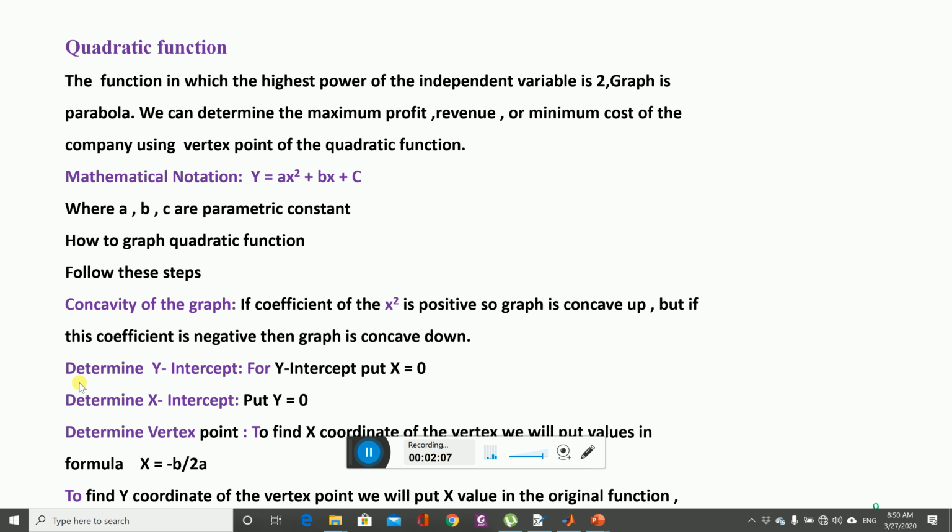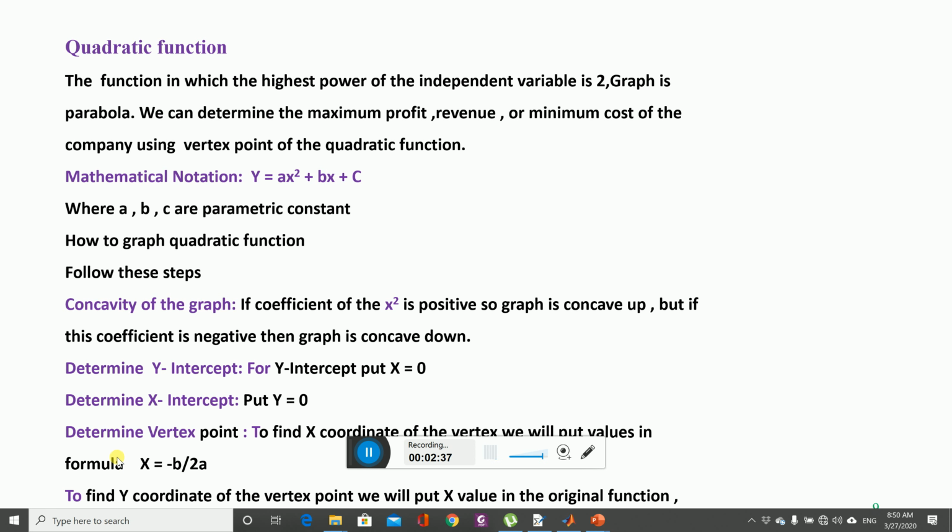Now in the next step, determine the y-intercept. For the y-intercept, we put x is equal to 0 in the given quadratic function. So we will find the y-intercept coordinate or y-intercept point. In the next step, we have to determine the x-intercept. Again the same condition: for the x-intercept, put y is equal to 0. For the y-intercept, we have to put x is equal to 0, and for the x-intercept, we have to put y is